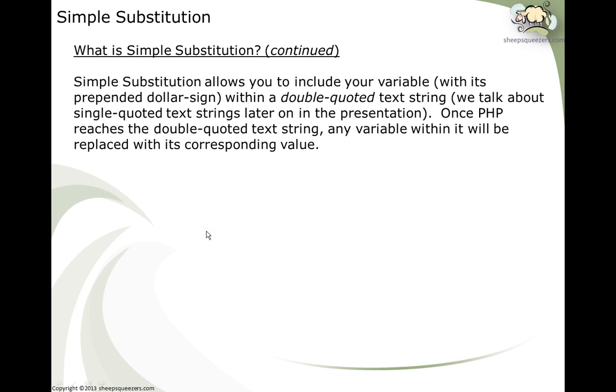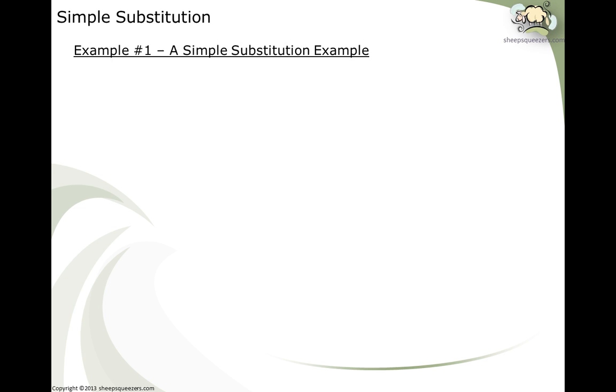So simple substitution allows you to include your variable with its prepended $ sign within a double quoted text string. We talk about single quoted text strings later on in the presentation. For both simple substitution and complex substitution, you must use a double quoted text string, otherwise you won't get the variable resolution that you want. Once PHP reaches this double quoted text string, any $ sign prepended variable within it will be replaced with its corresponding value. So example number one, given the following two variables,